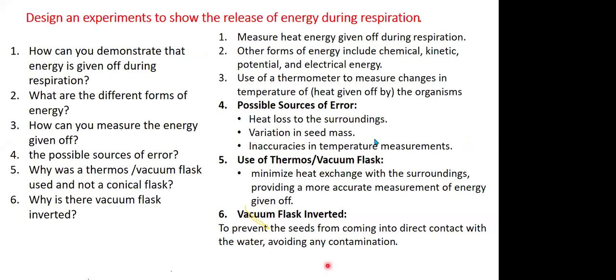Okay. So in that experiment we have just demonstrated, we have some sources of error. Now there could be heat loss to the surrounding. How is that a source of error? How can that result in a source of error, and then how can we probably minimize that? Because if we go in front a bit, just a moment,